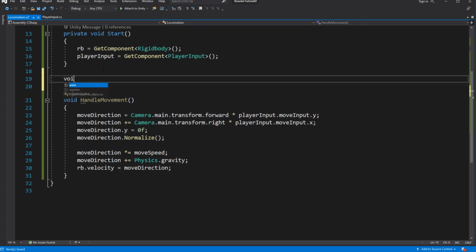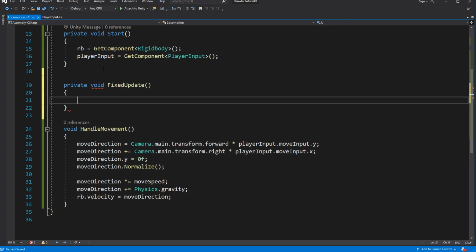Now we need to call HandleMovement from the FixedUpdate. Use FixedUpdate for anything related to physics.